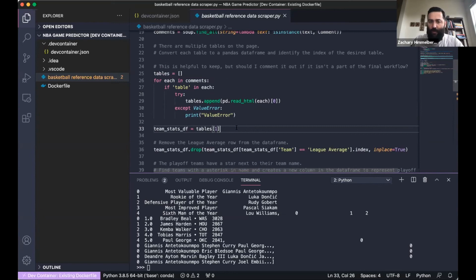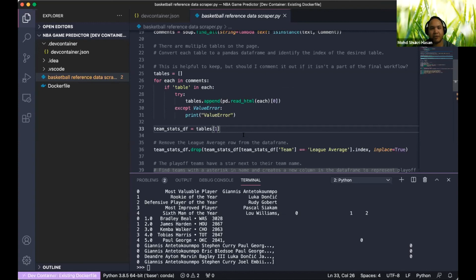So is this helpful to keep because it shows the process of how I'm choosing the table? I mean, it's helpful in the sense that it is creating it as a pandas data frame. I didn't know if you would leave stuff like that in there first, or modify it or change it to a comment once you've chosen the particular one. Does that make sense? Yeah, so I would leave it like this because I want it to be reproducible in the future. What I would do maybe is make the selection more specific